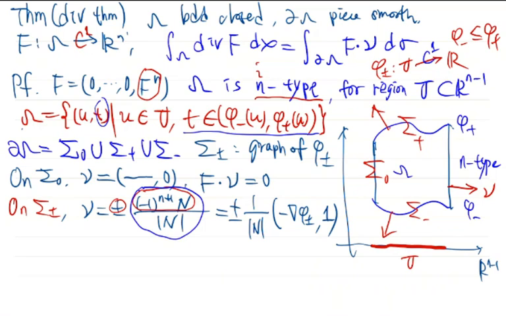The important thing is the last component. The other components are actually the gradient of phi plus and phi minus, but we don't need this. So from this expression, we see that the inner product of f and nu is just plus or minus